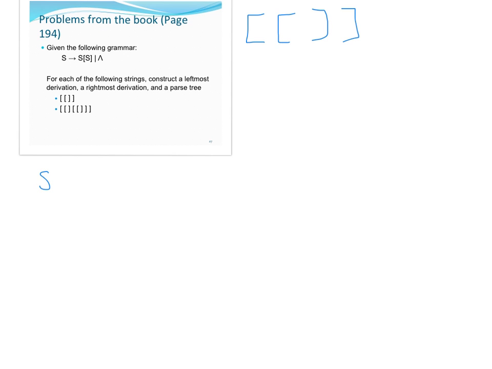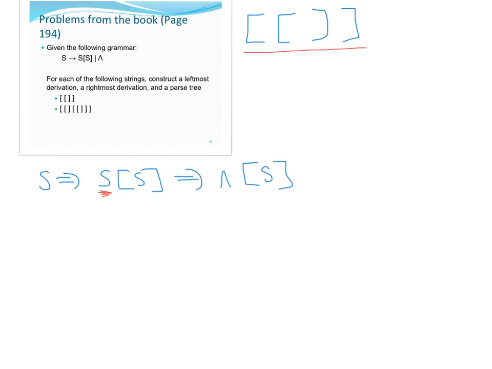Well, we've got S. Don't have much choice for the first step. That goes like that. And then the first thing we need to do is expand the leftmost non-terminal, which is this guy. And since we have nested square brackets here, that guy is just going to go to lambda,